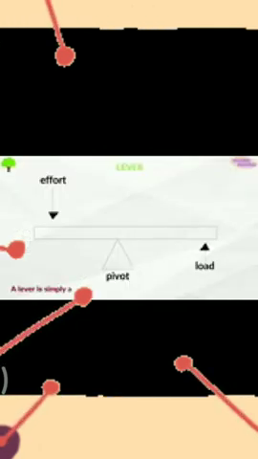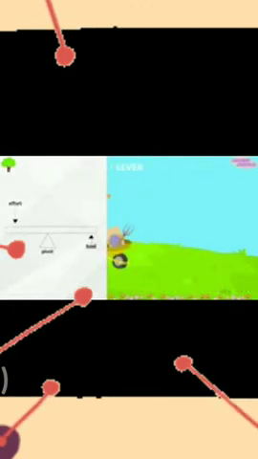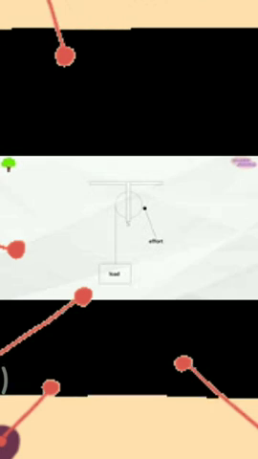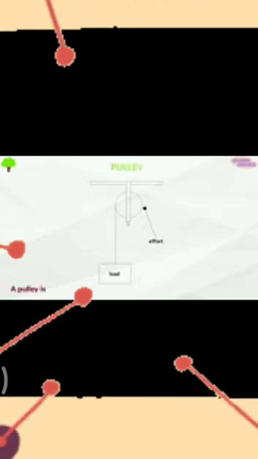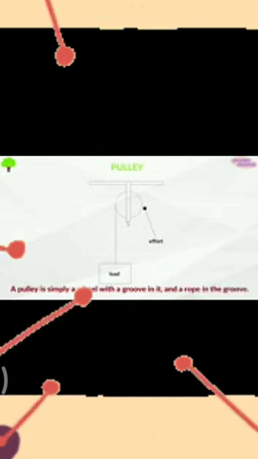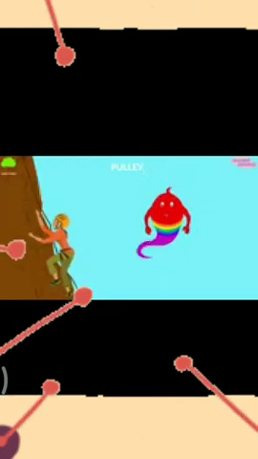Lever. A lever has effort and load which is controlled by the central point, the fulcrum or pivot. It can lift material easily from one place to another. Pulley. A pulley is a wheel with a groove in which a rope is adjusted. Through that rope, we can lift heavy material up and down.